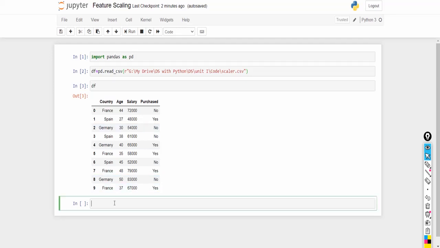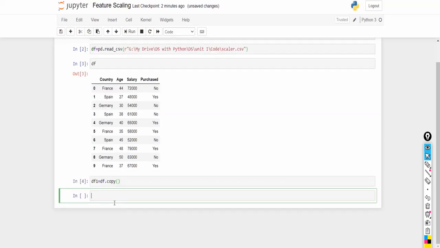Initially, let me create a copy of this data frame and drop the categorical features. So df1.drop of, I'm dropping the categorical features country and purchased, with axis equal to 1 comma inplace equal to True.